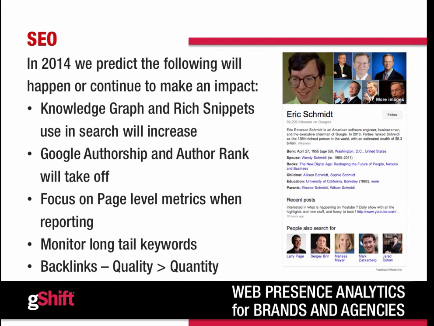Author rank is taking that to the next level, where content will be ranked based on the quality of that author. So a popular writer for, say, the New York Post or the New York Times or anything like that will obviously have a good quality, high ranking versus maybe a local paper in a small town in North Dakota. So small things like that will take place later this year.